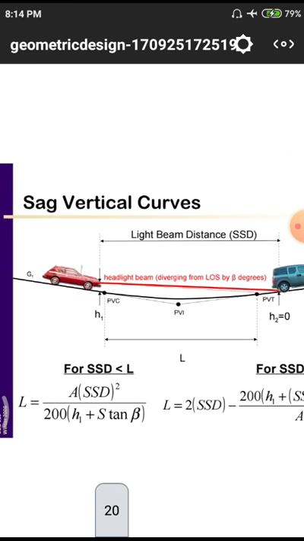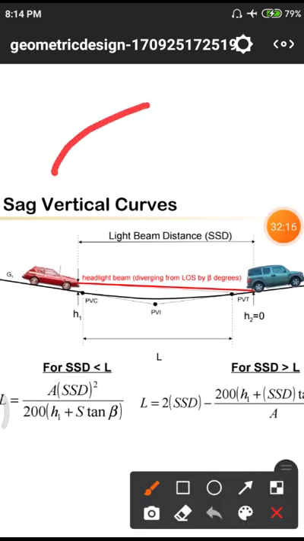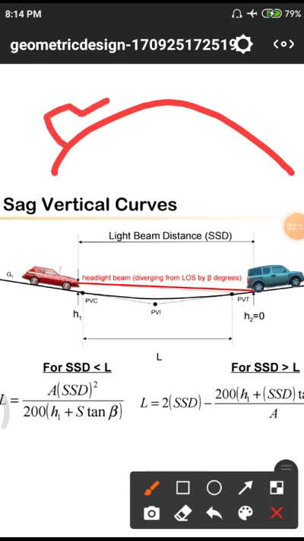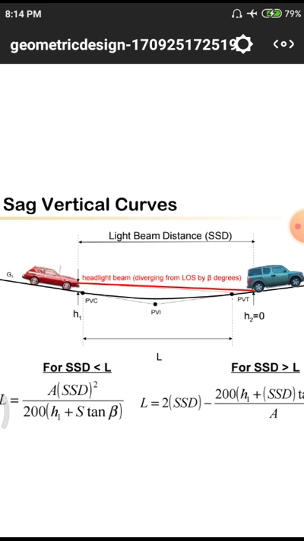This is the sag vertical curve. In the previous case we have observed hogging. That means likely a car is simply moving, and due to this vision, likely they are facing a problem. But in the case of this second condition, we are having this sagging. The two vehicles are easily visible to one another. That means the backgoing vehicle simply has the proper sight distance. The front vehicles also have a sight distance with the side mirrors.